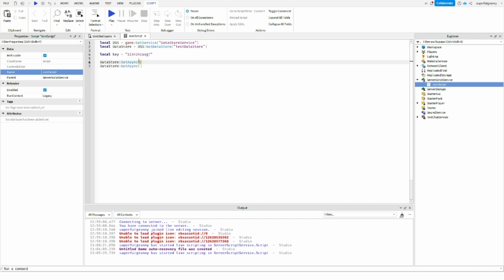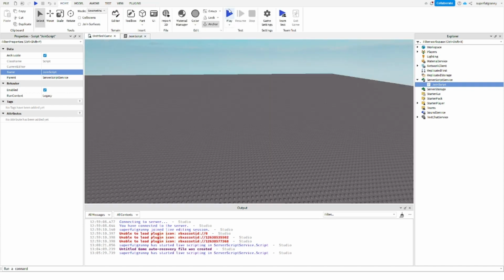So if you were to put in SetAsync, and let's do this, if we were to SetAsync with the key and value, we could put saved data here. If we run it real quick,